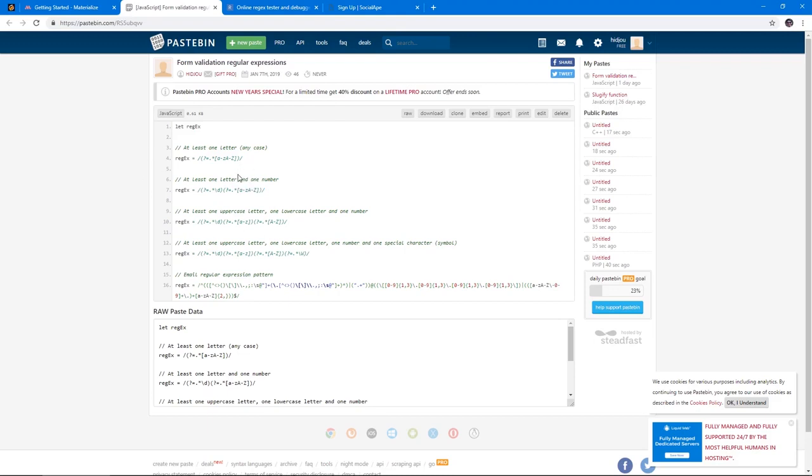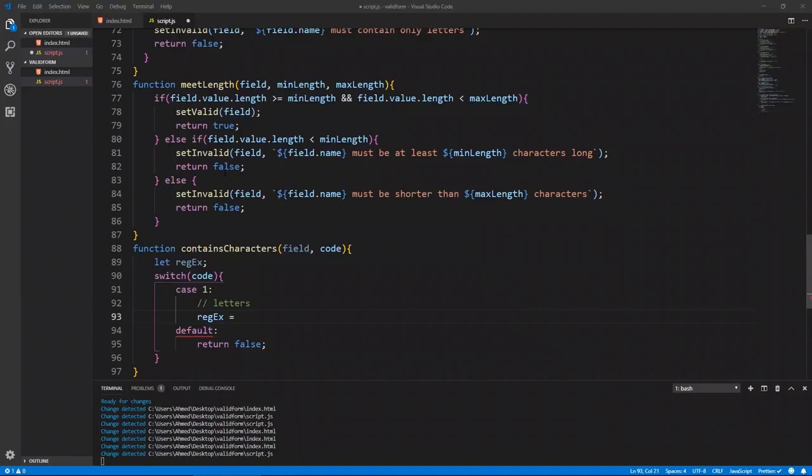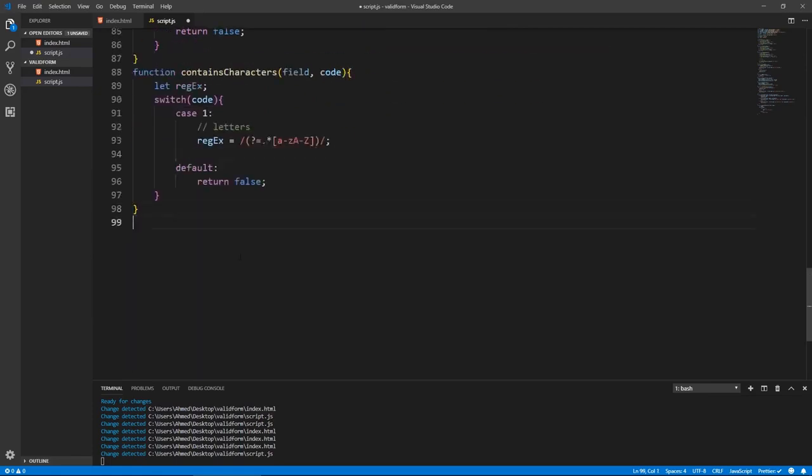And let me grab the only letters one. And here, this is our regular expression. What we're gonna do now is create another function. This function will test against a regular expression. So, match with